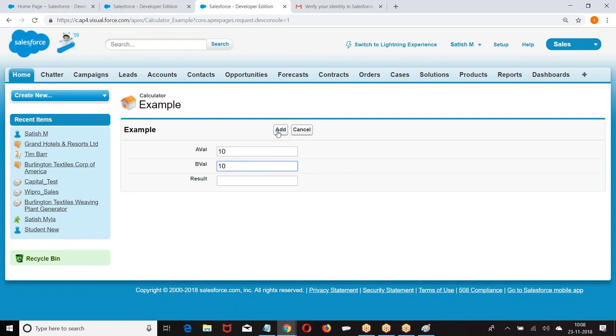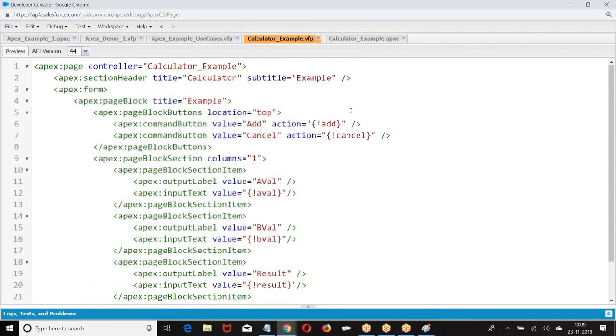When you reload the page, the fresh values of A, B, and result will come. When I click on the button, it will go to the server, perform the operation, and reload the page. Look at the point. Reload. Now if you don't want the entire page to be reloaded, then what can I do?